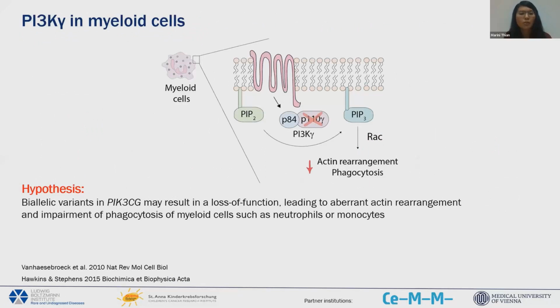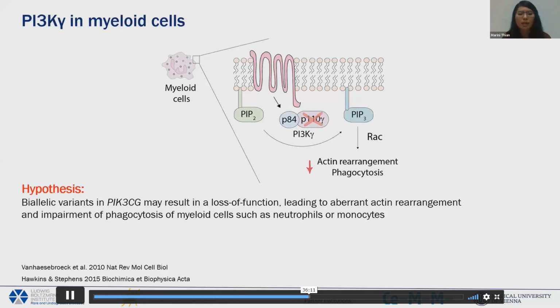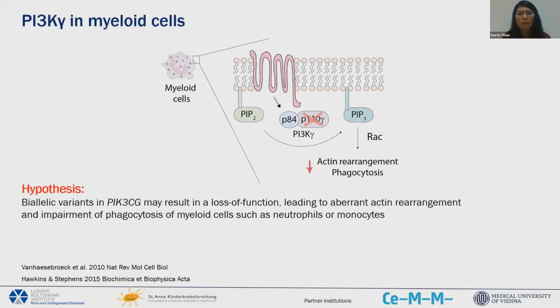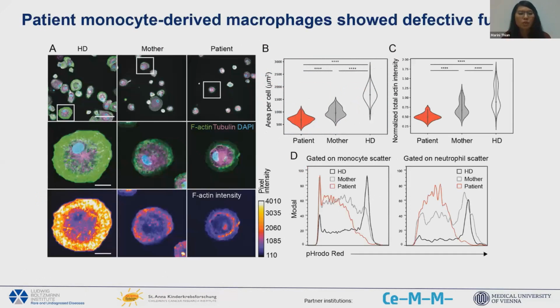PI3K gamma is also highly expressed in myeloid cells and plays a role in innate immunity, such as actin rearrangement and phagocytosis. Therefore, we hypothesize that a loss of function in PI3K gamma may result in aberrant actin rearrangement and impairment of phagocytosis. Using immunofluorescence image analysis, we found that patient monocyte-derived macrophages display a dramatic reduction in cell area as well as